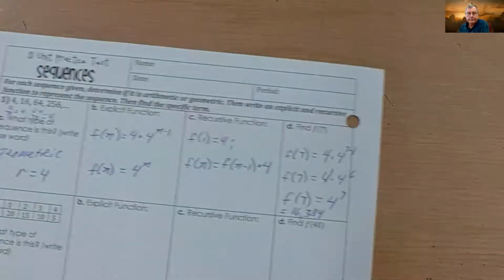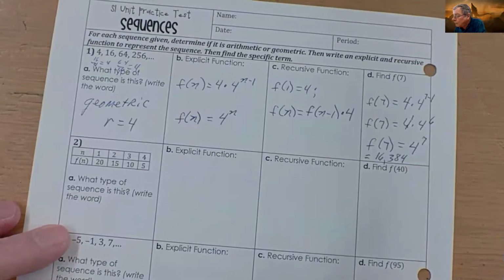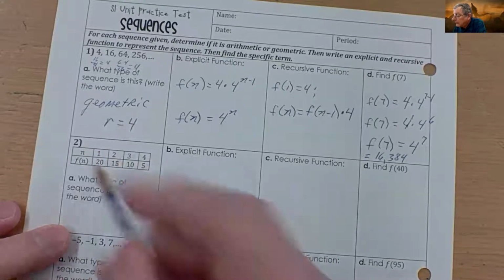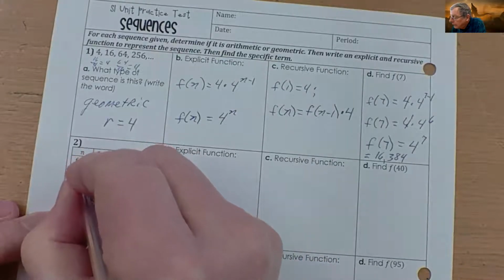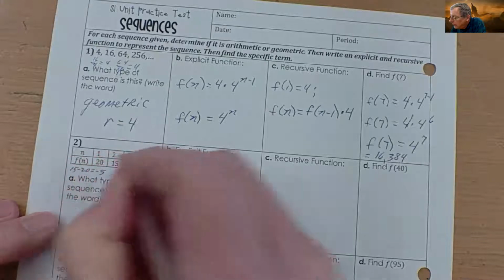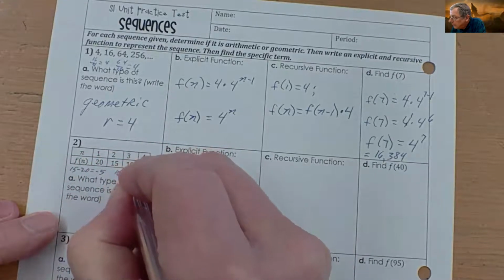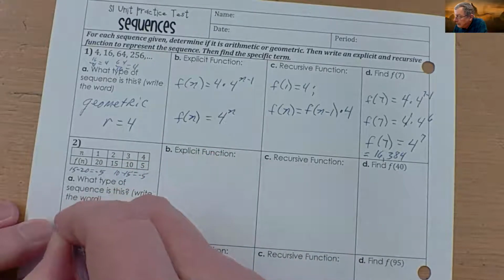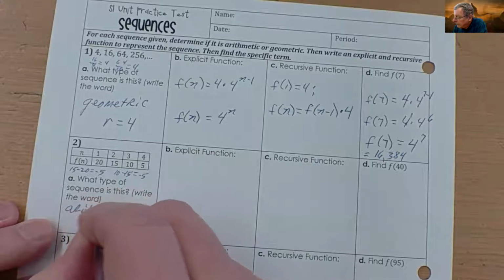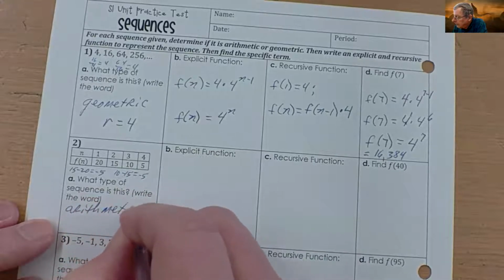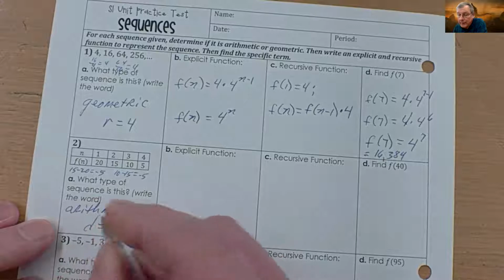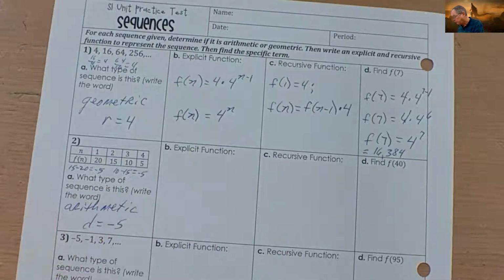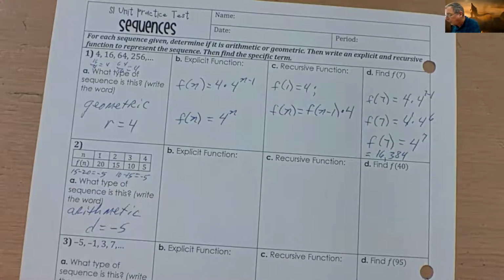All right, number 2. Let's see. 15 minus 20, negative 5. 10 minus 15, negative 5. You can see what's happening. It is arithmetic, and d, the common difference, is negative 5. Okay, so explicit,